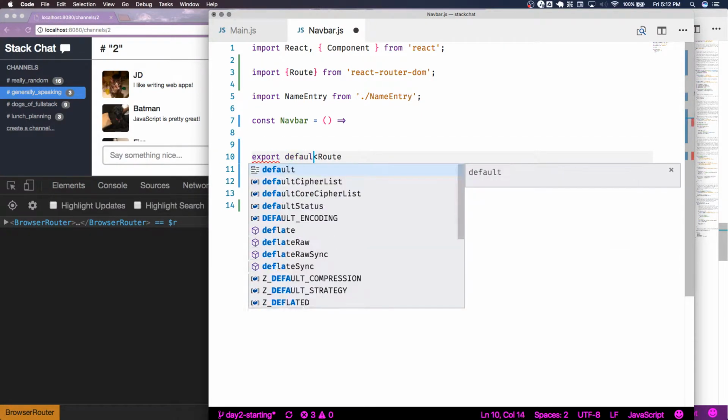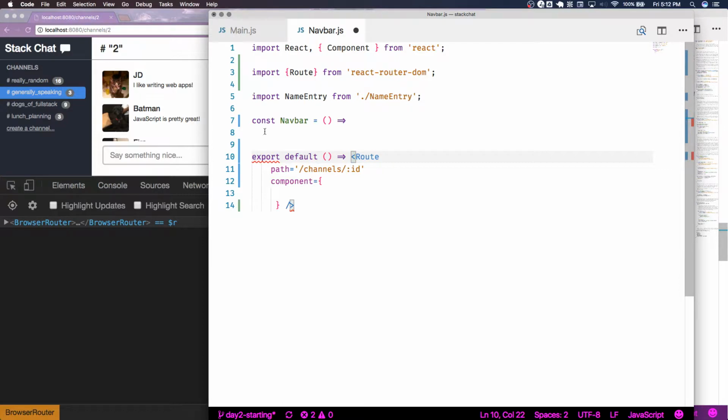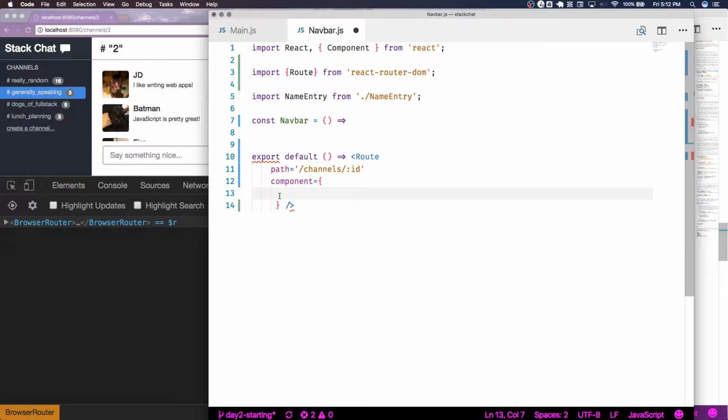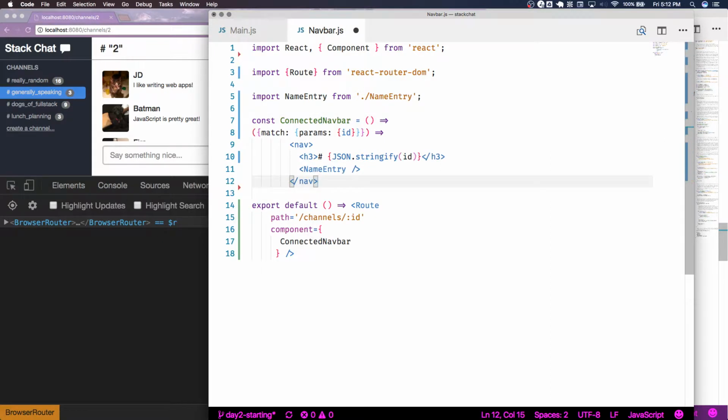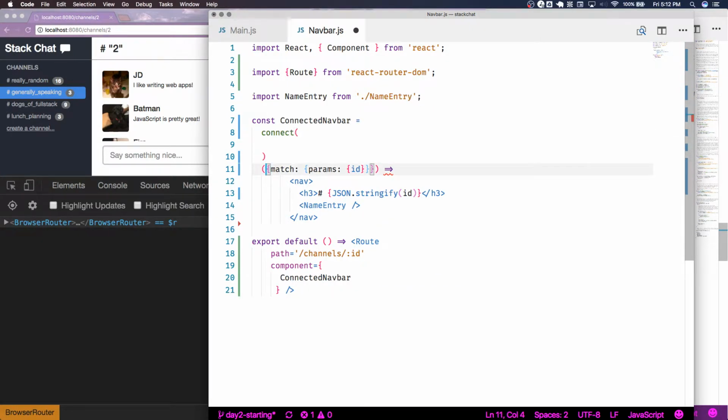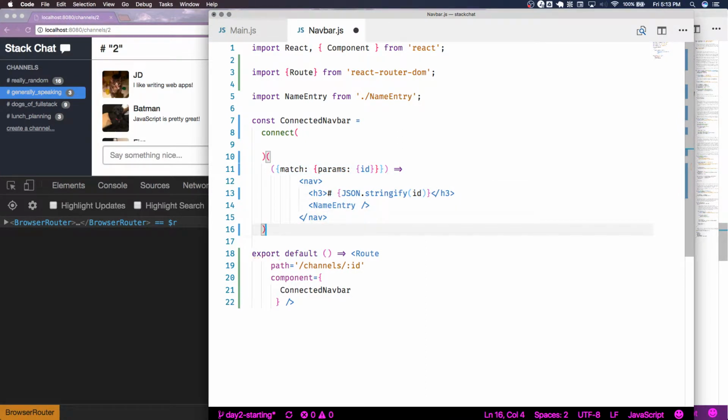I'm going to export default that thing, render the component connected navbar. Connected navbar is going to be connect this component, and we need to get this ID off of props,